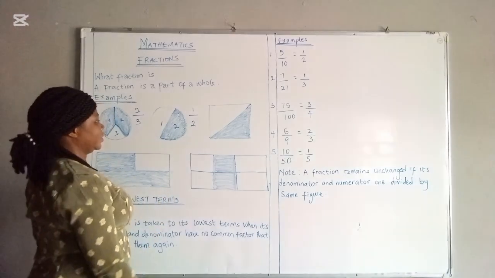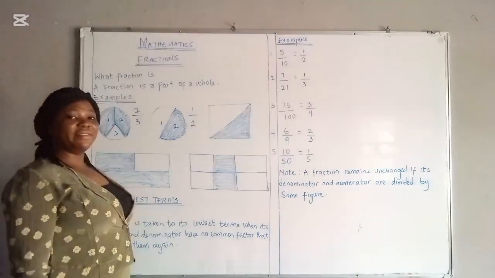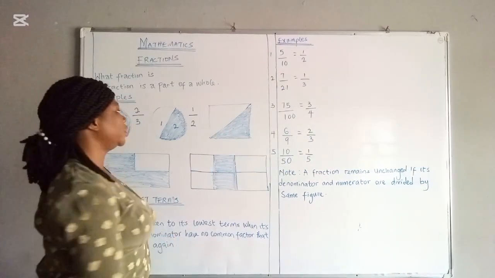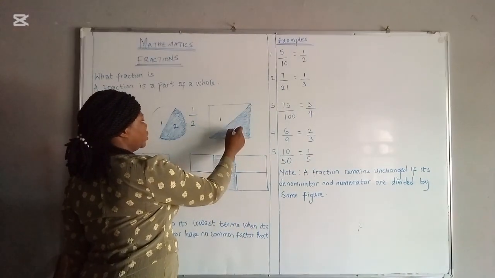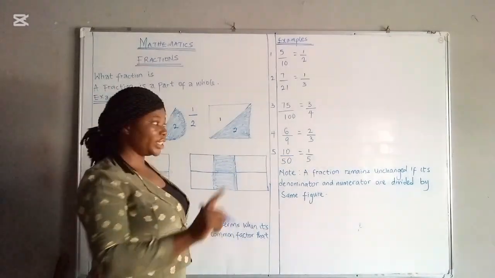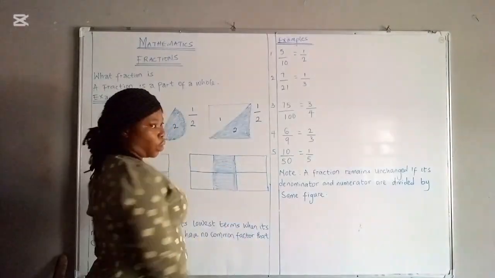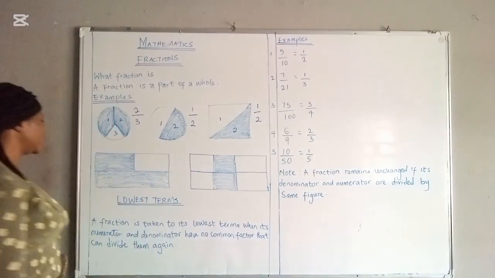1 out of 2. You can also call it half. So the next one here, same thing. This square is divided into 2 equal halves. We have 1 and 2, and just shaded 1 part. So how many parts are shaded? We have 1 out of 2, or half too. Then also the next one here,